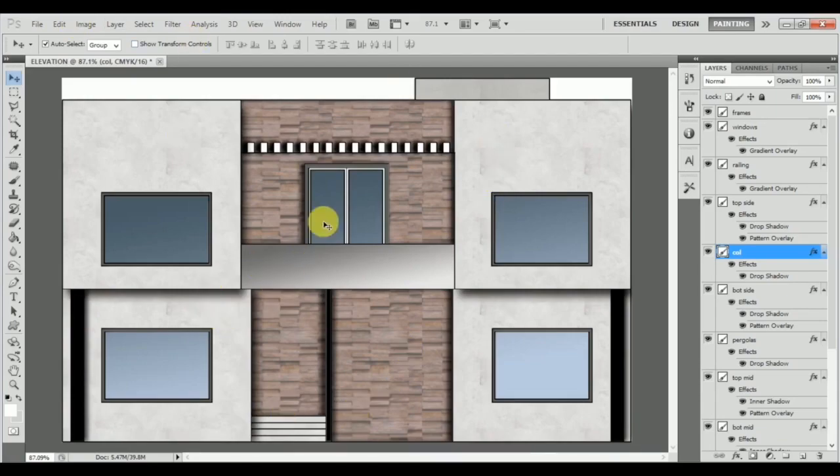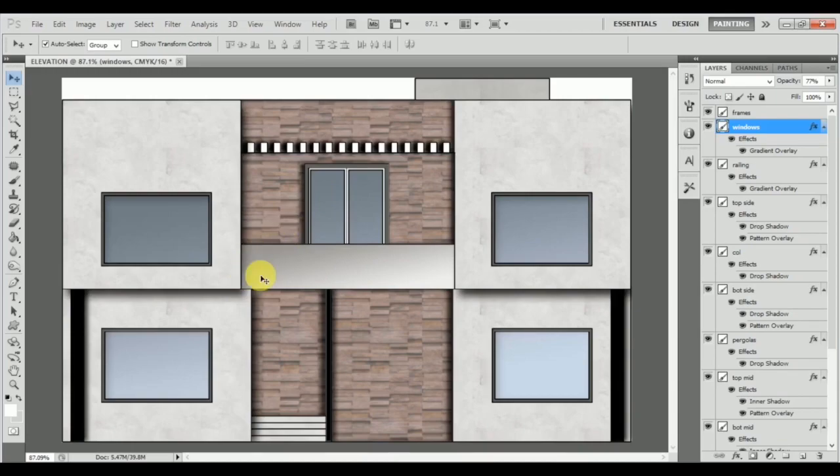So this is basically something that we're going to do to set up the shadows for our sketch, for our elevation, guys. Now when we talk about the windows, I will be reducing the opacity slightly as well as the opacity of the railing. Of course, it's glass in the end of the day, so the opacity will be reduced, right? And the best part about reducing the opacity is, guys, you can see I can now see a slight shadow coming in from here. So we're able to actually see the behind portion of this wall itself. So that's a good thing that we can actually see the behind portion of the shadow,